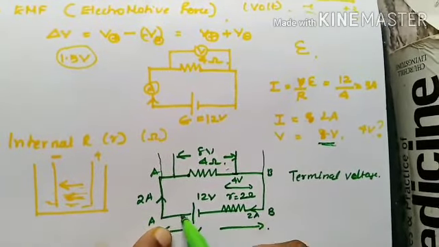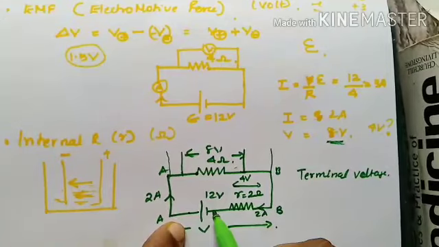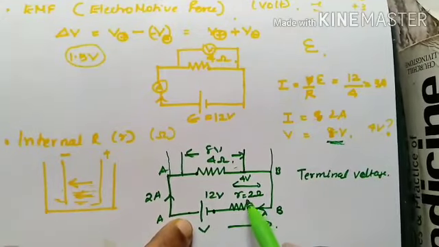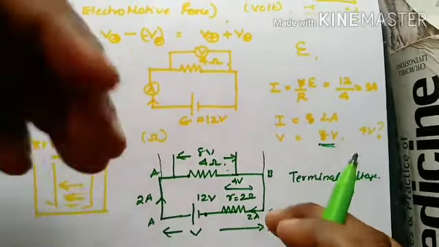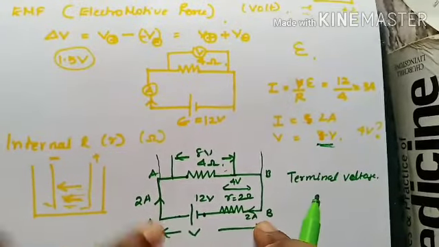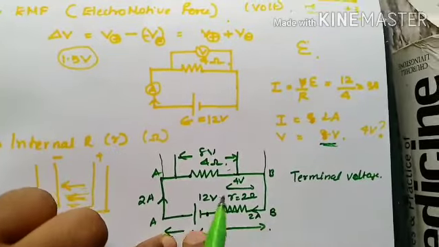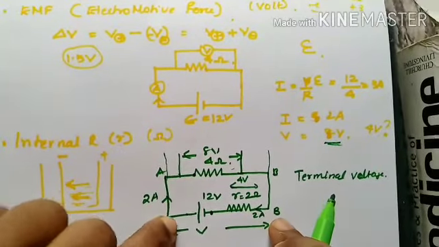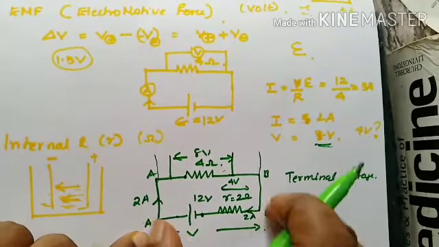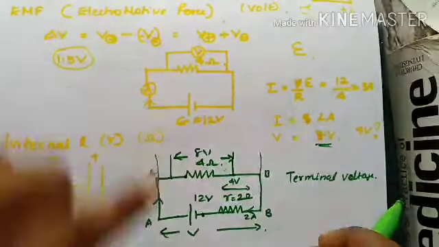So you would say, why are this and this point not the terminals? Obviously I have to consider the internal resistance. Why? It is a part of the electrochemical cell. So A and B are the actual terminals of the cell. Right. So it is the potential difference between two terminals of the cell when current is drawn from the cell.